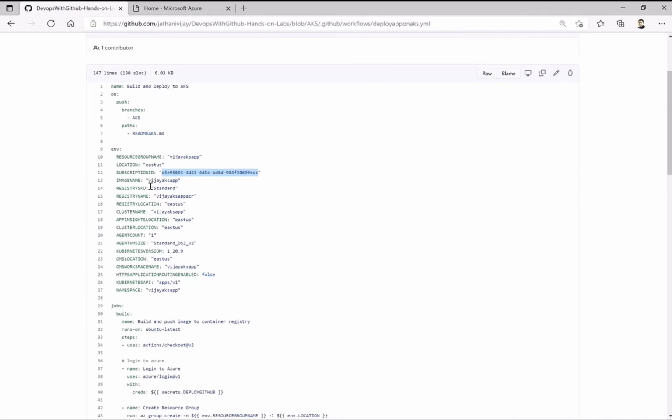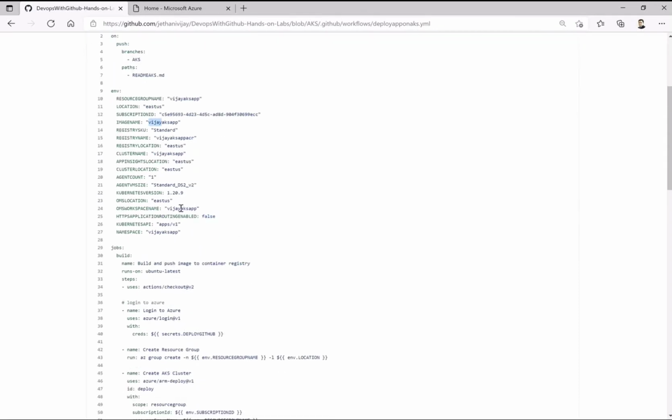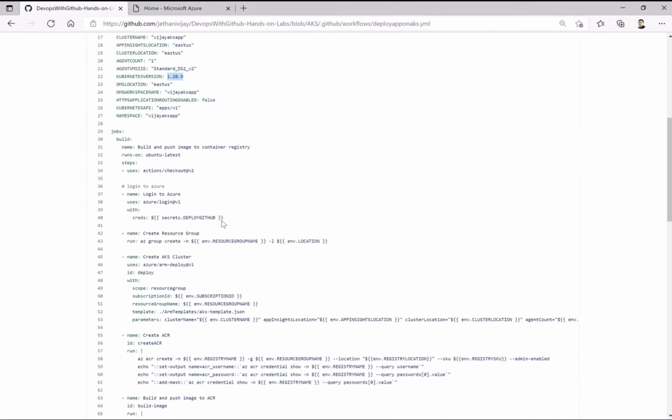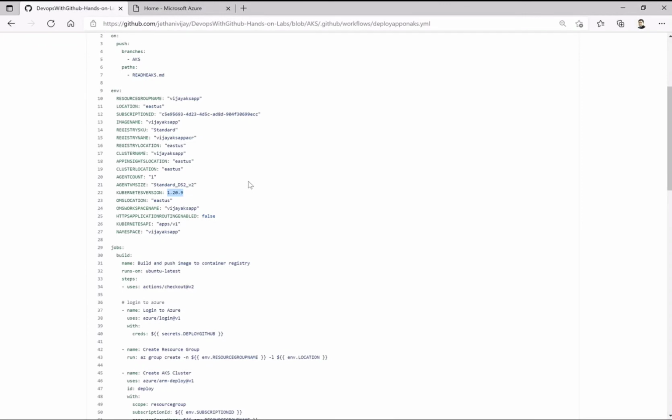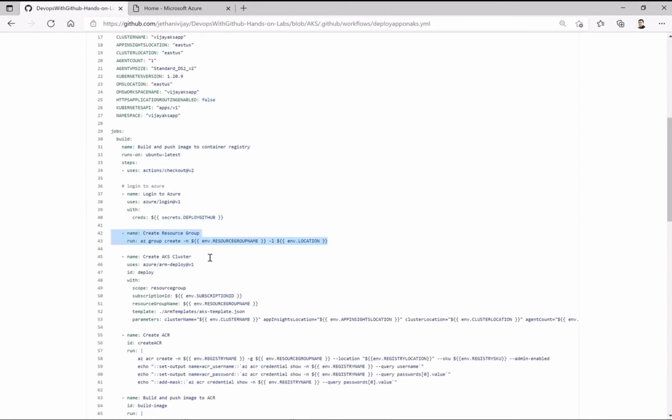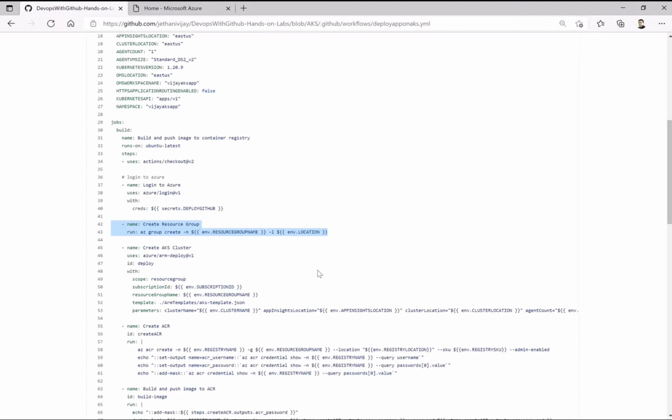Image name, also wherever you see my prefix of my name, just try to change them and make sure you use, and this is the default version as on date today, okay, of AKS as a cluster. Now once I have these changes, a few things I have to make sure of is that I should have the security credentials as a part of GitHub secret, then create that resource group. For me to first create that particular cluster, I have to have a resource group or any particular services.